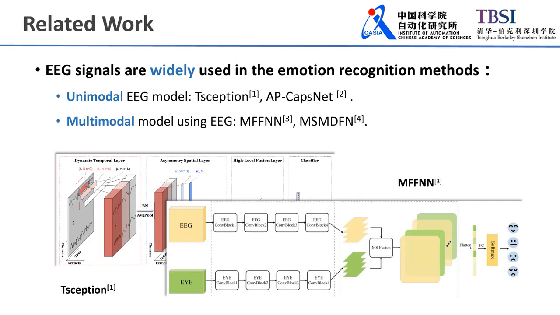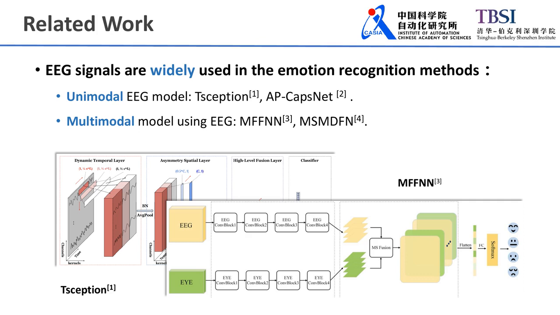Given the complexity of the physiological processes that underlie human emotion, it is difficult to classify emotions using unimodal physiological signals. As a result, researchers attempt to employ multimodal data to classify human emotions. Electroencephalogram signals, being a typical physiological signal, reflect brain activity. Hence, they are widely applied to emotion recognition in both multimodal and unimodal methods.